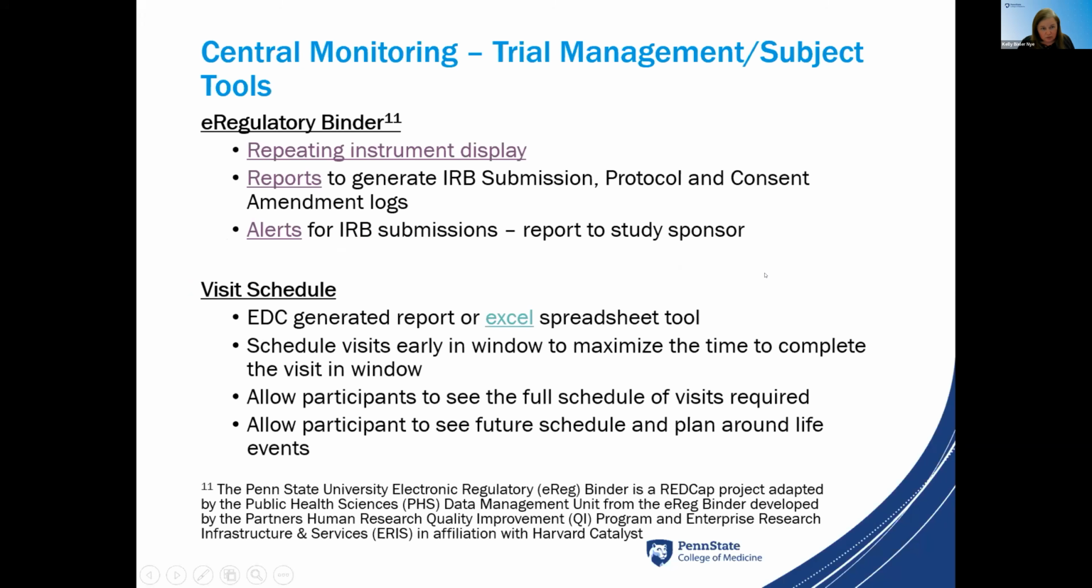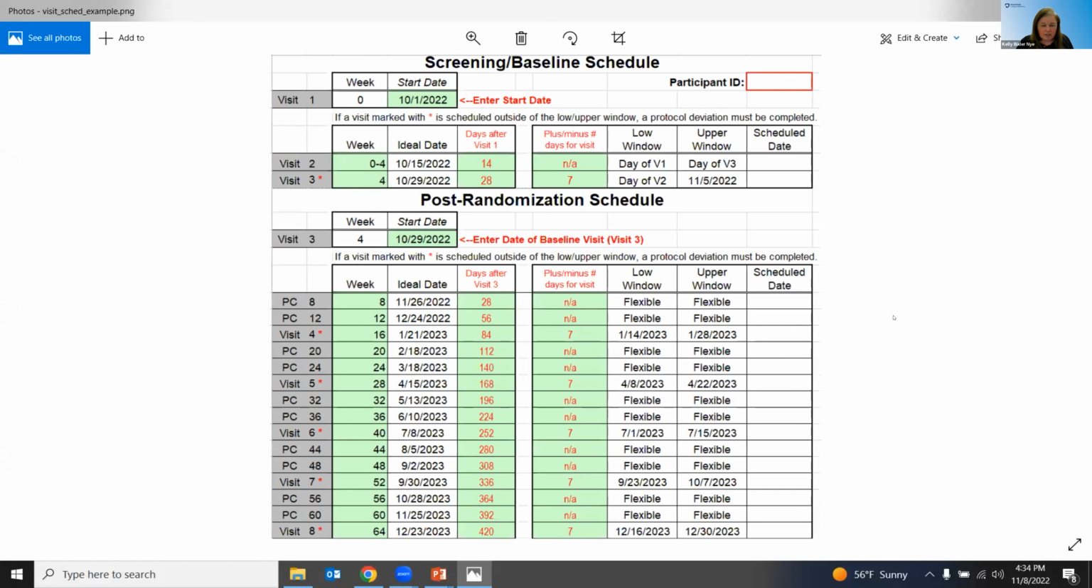Another subject tool for central monitoring is the visit schedule, and that can be generated from the electronic data capture system or through an Excel spreadsheet tool. I can show an example of the Excel spreadsheet. You can see it can be customized for the study to break it apart into a screening and baseline schedule